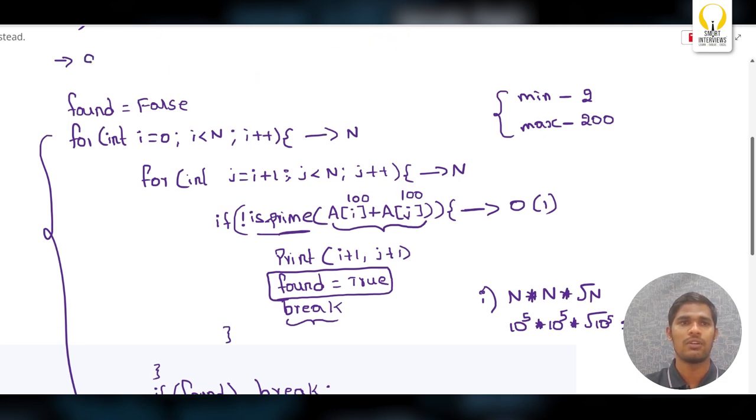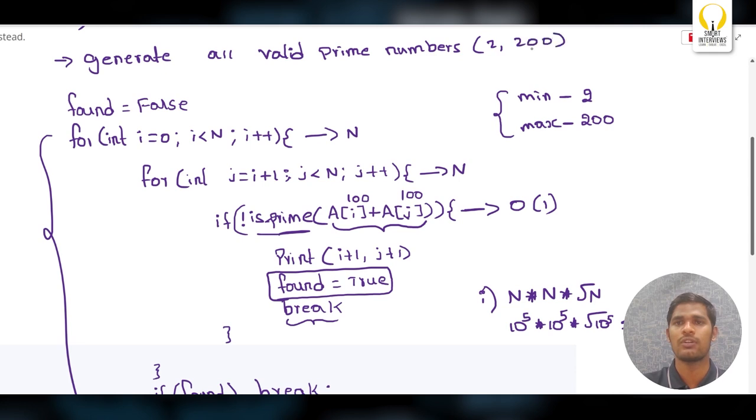Generate all valid prime numbers from 2 to 200. How much time will it take? It will be done in constant time, because to check whether a given number is prime or not,